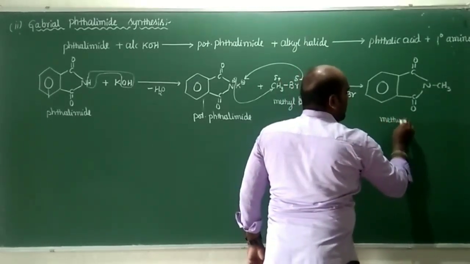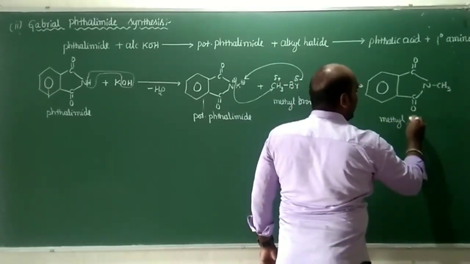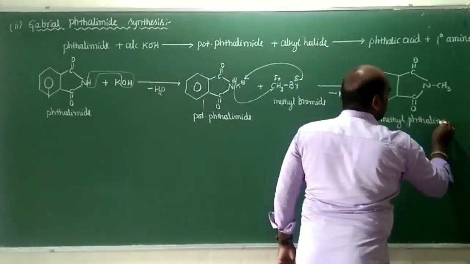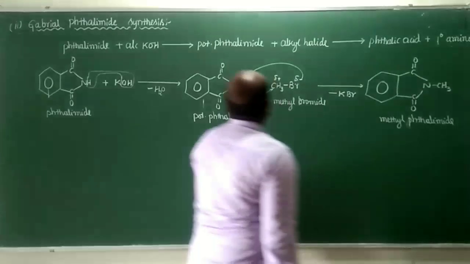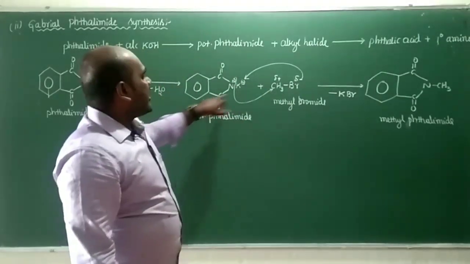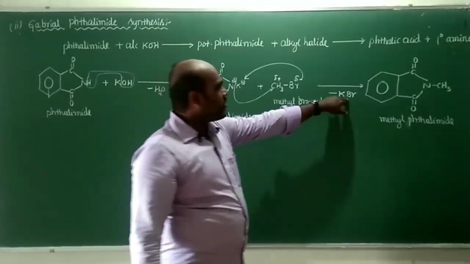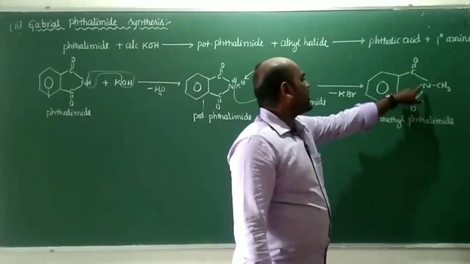So here we got methyl phthalimide. So potassium phthalimide on reaction with methyl bromide with the elimination of potassium bromide, we will be getting the methyl